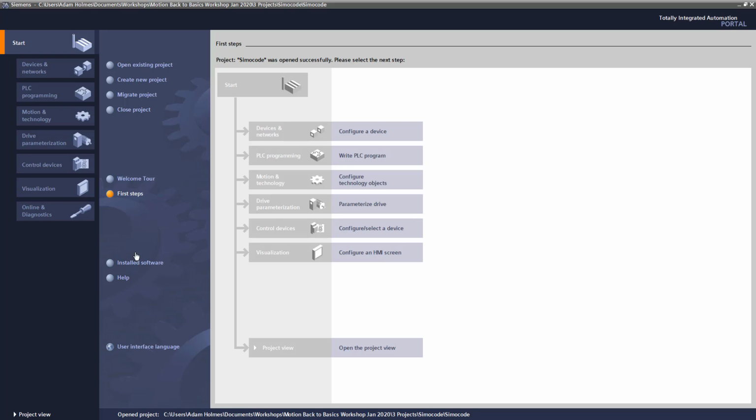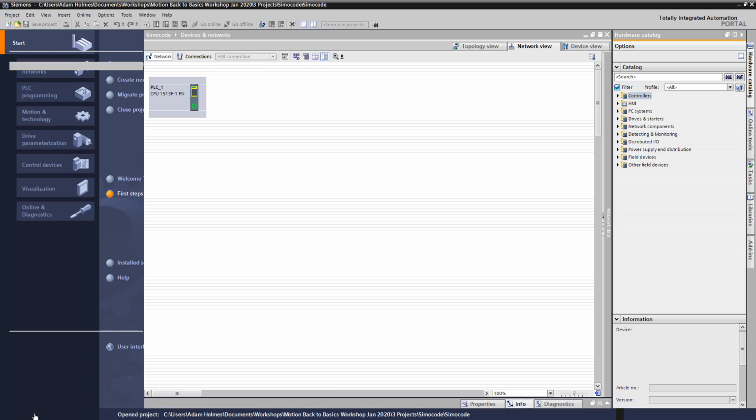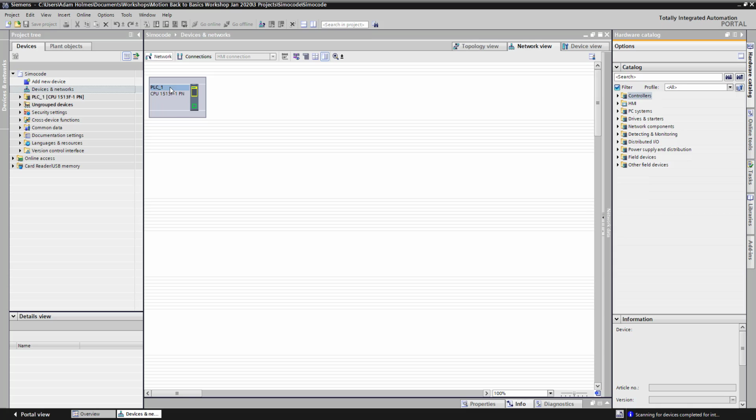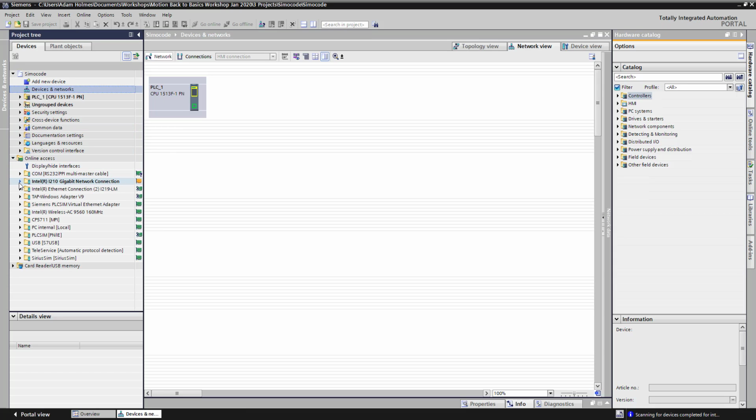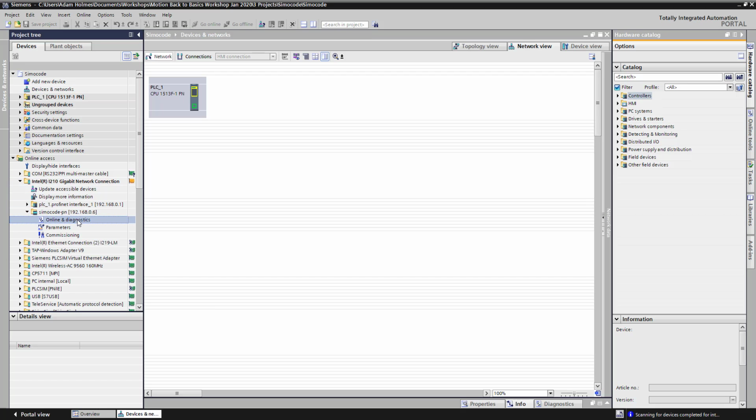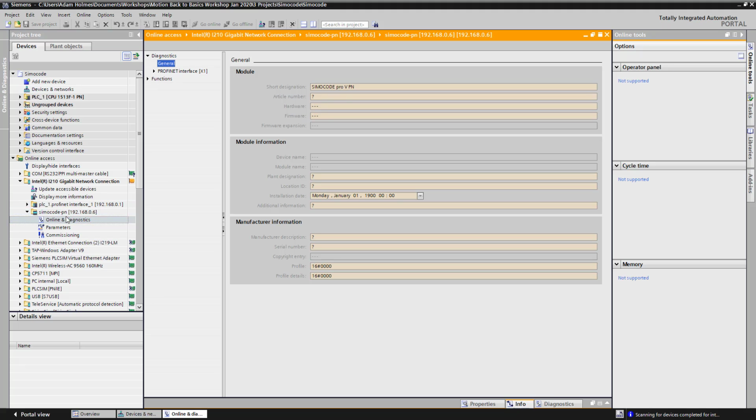application code. I've already created a project, so I'm in the project now. I'm just going to switch to the project view. You can see I've already got my S7 1500 PLC in the project. First thing I'm going to do is go to our online access, our accessible devices, and there we can see our PROFINET SIMOCODE device. I can get some general diagnostics directly from the device using the online diagnostics view, but